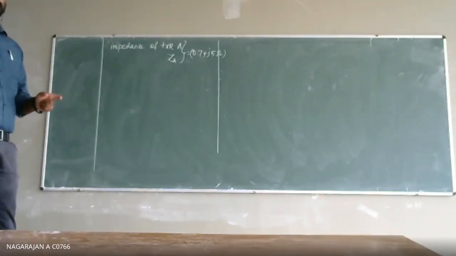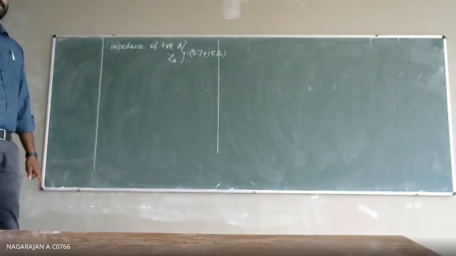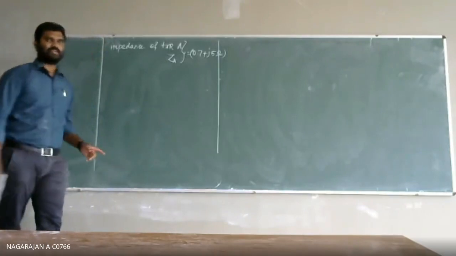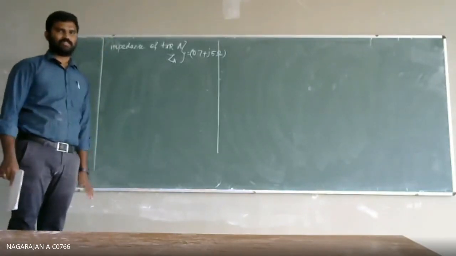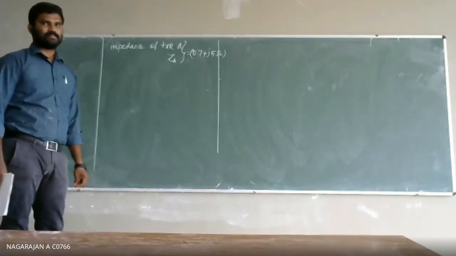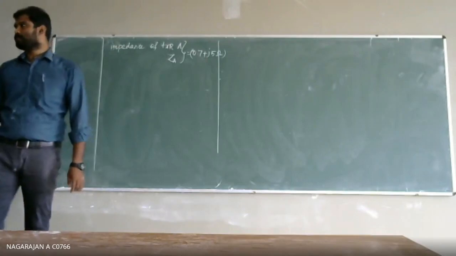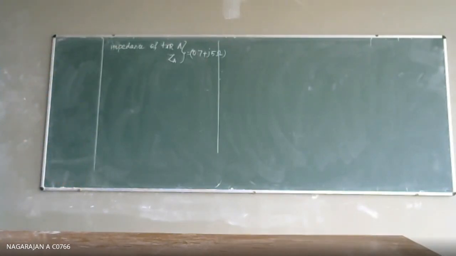Take your calculator, press shift and polar, type this value 0.7 comma 5 and close the bracket, press equal to, you will get the polar form. What is the value? Can anyone answer? Even in mobile apps, there are some very good applications for using a calculator. Can anyone answer after converting that into polar?